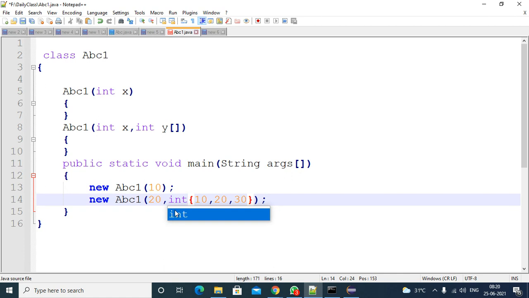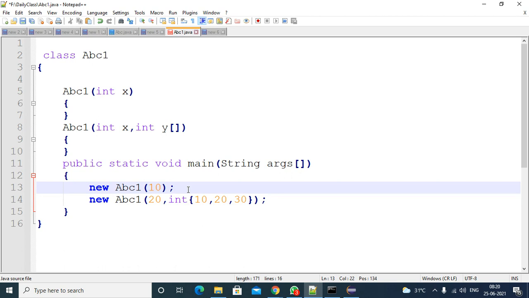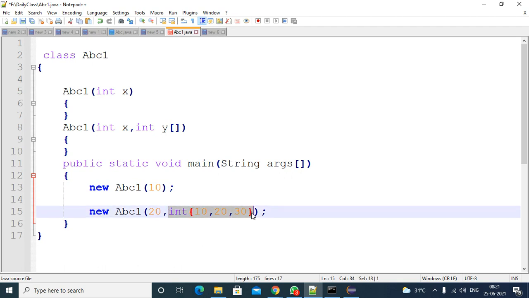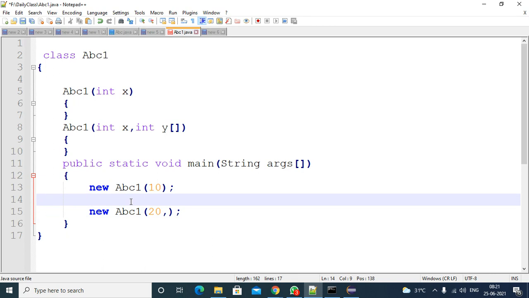You can pass it. Otherwise, you can construct an array here and pass that array reference. No problem. If you want to pass directly, you need to pass it as an anonymous array. So I will tell you how to create both. You have to practice these. Otherwise, sometimes you may face some difficulty.